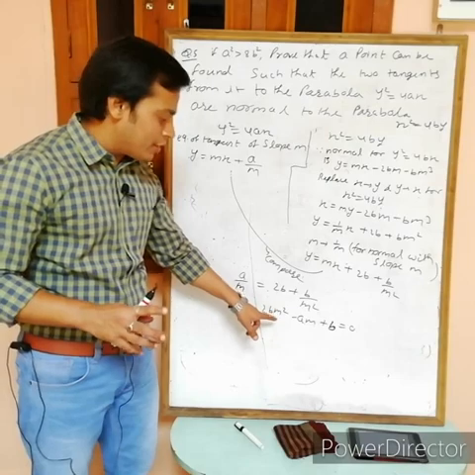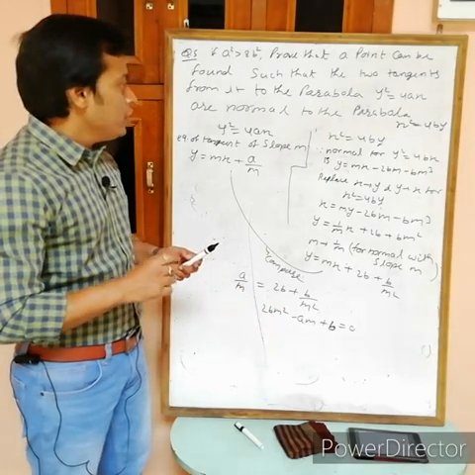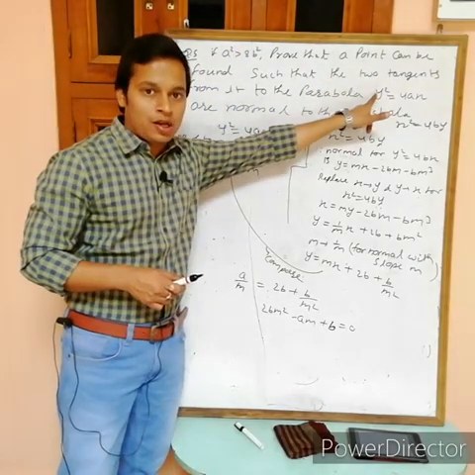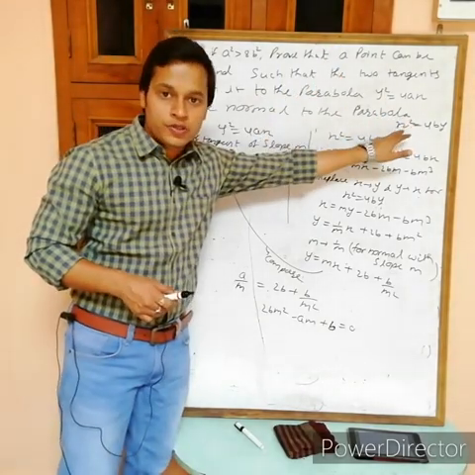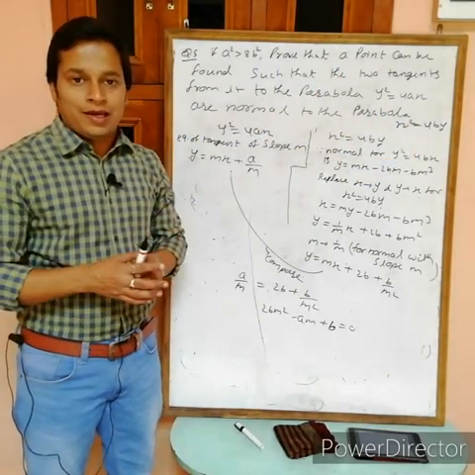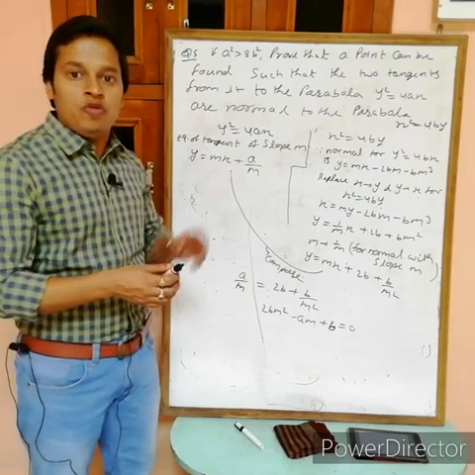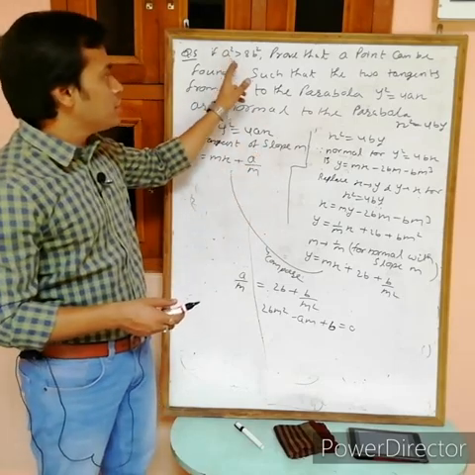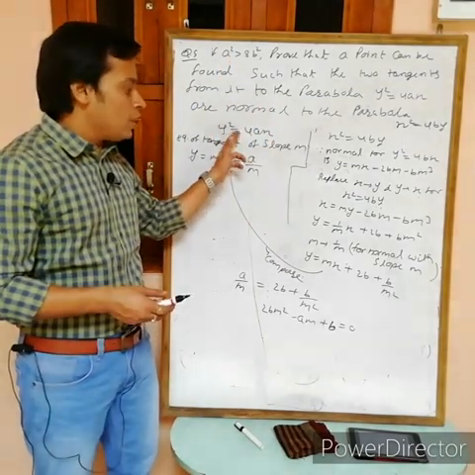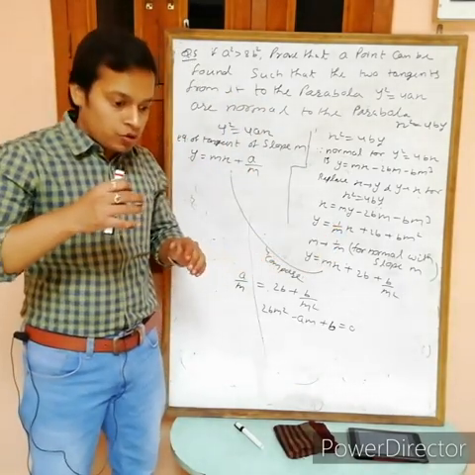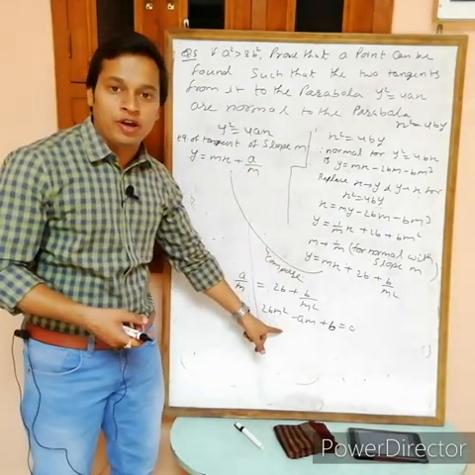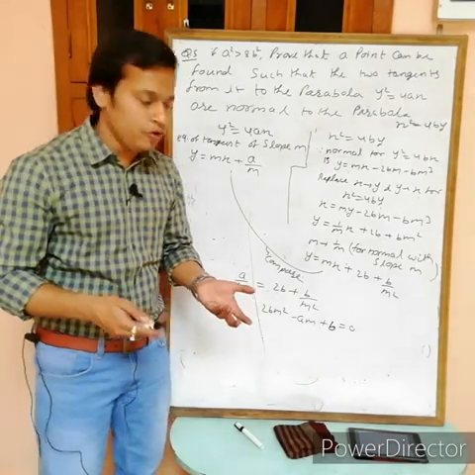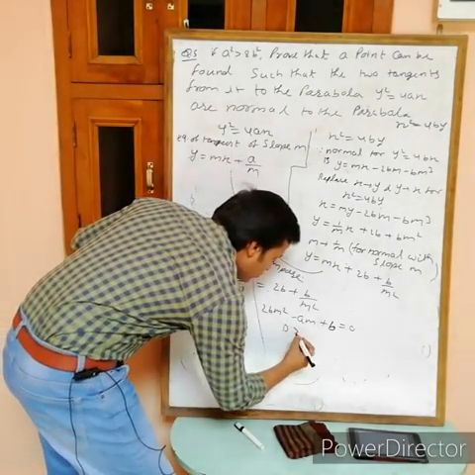It means we have a quadratic equation in terms of m. Now we want to prove that this is the condition such that two tangents of this parabola become normal for this one. It means we want two values of m. Actually, if you get only one value of m, it means we have one tangent of this one as normal to this one. But here we have to prove the condition such that two tangents of this parabola become normal to this one. So to get two tangents we want two roots, two values of m. So apply the condition of two roots: D must be greater than 0.